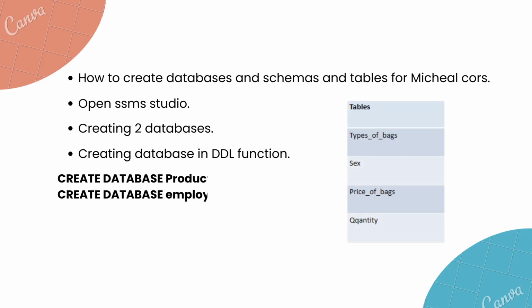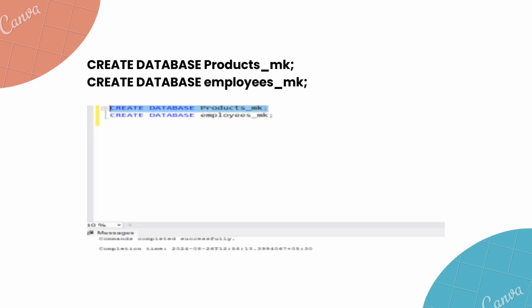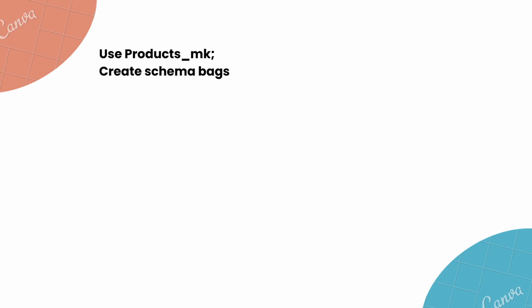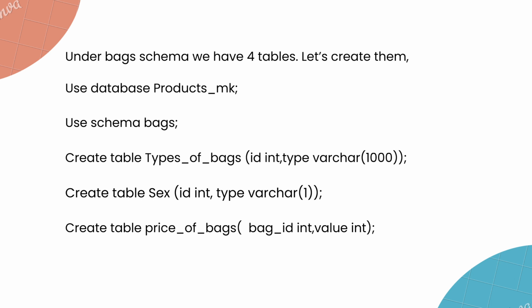CREATE DATABASE products_mk; CREATE DATABASE employees_mk; USE products_mk; CREATE SCHEMA bags. Under the bags schema, we have four tables. Let's create them. USE DATABASE products_mk;